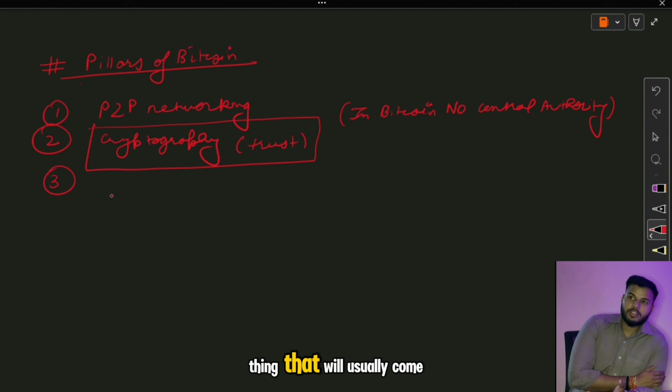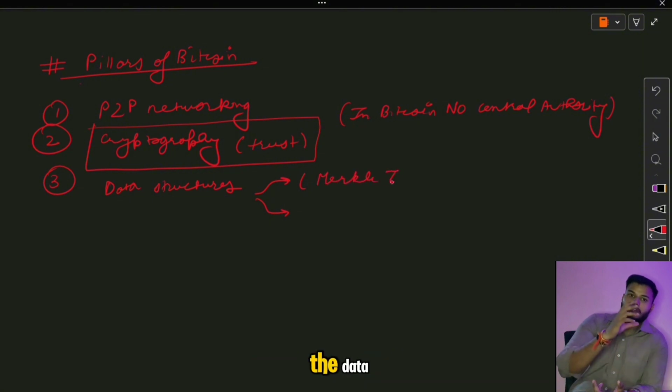Another pillar of Bitcoin is the data structures which are used. Basically there are two data structures. One is related to the cryptography that is used, which is the Merkle tree, which is used for storing the data. What a Merkle tree is, we will discuss in a future video, but just to give you an idea,